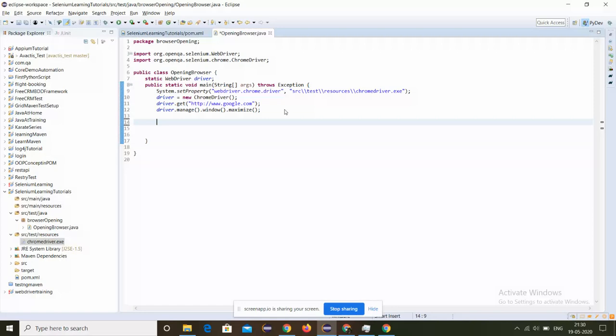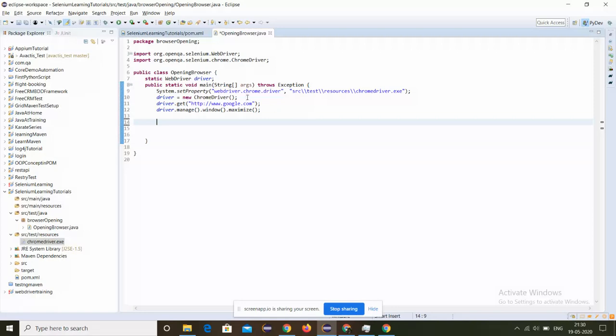In between, I will show you how to wait in Selenium. I'll be applying Thread.sleep. I know it is not the best technique for providing a wait, but for learning purposes, it is a better approach.